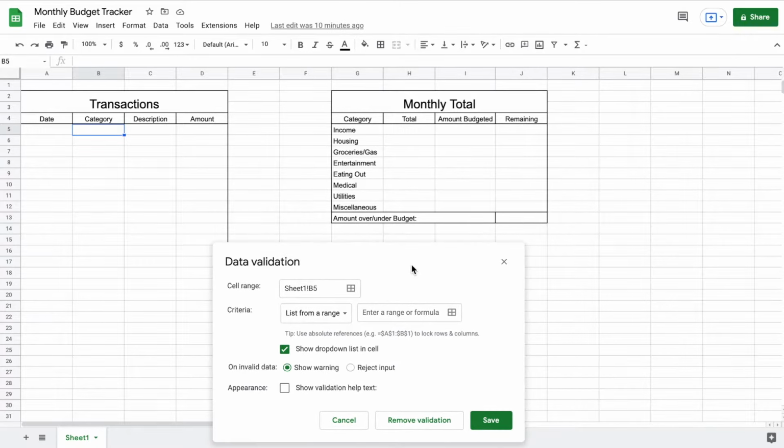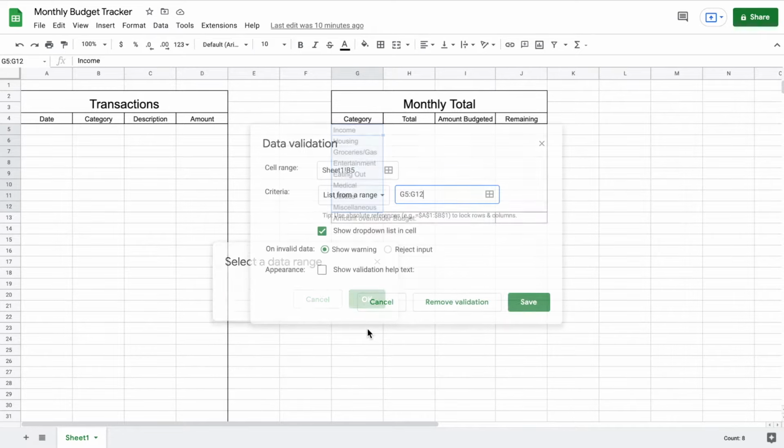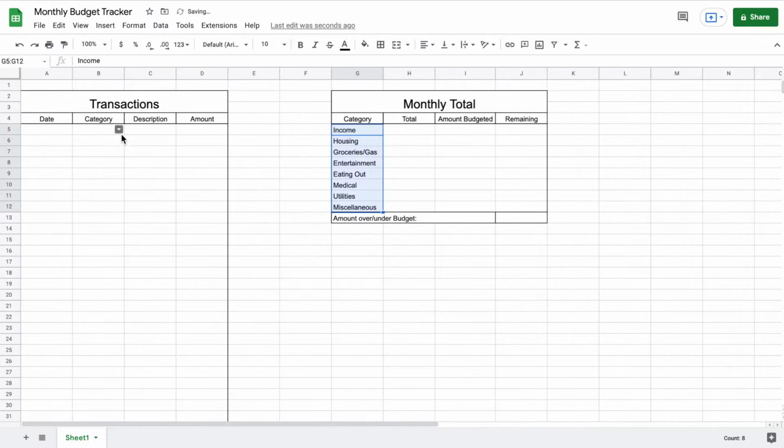What I'm going to do is I'm going to go ahead and move this down, and we're going to click right here where it says to enter a range or formula. And what we're going to do is we're going to come here and highlight everything in our category under our monthly total. So I'm just going to select these cells here, and then I'm going to click OK. And when I come here and click save, we can see we now have a little arrow standing under our first row in our category tab. If we click on this, we can see that all of our categories in our monthly total are listed now